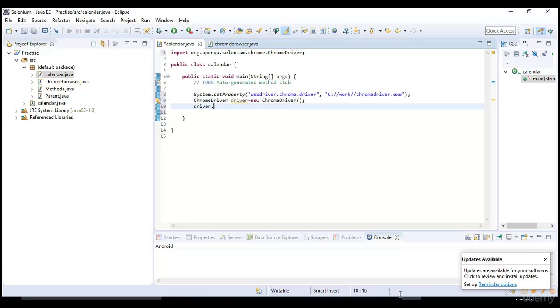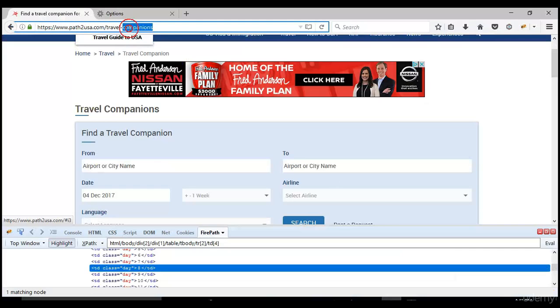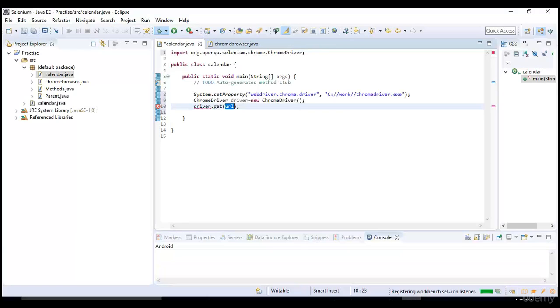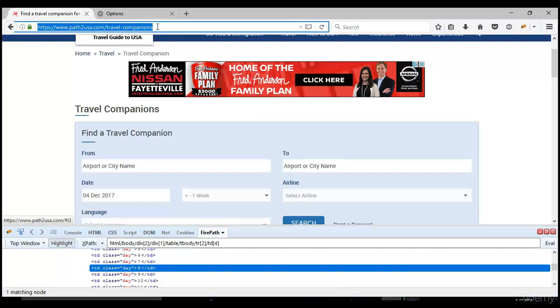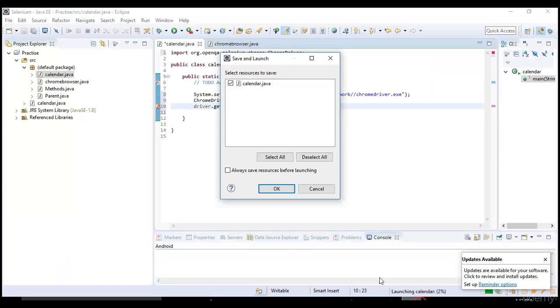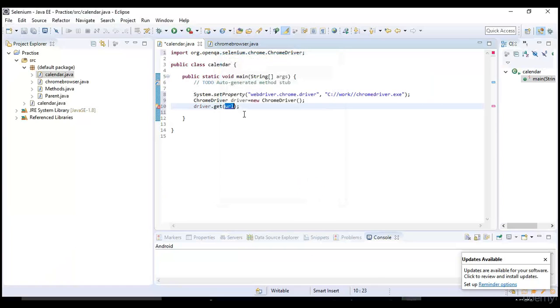The website name here is path2usa.com. Once you land on this website, I will provide month name and date name. Whatever date and month I provide, this test case should go and click on that.